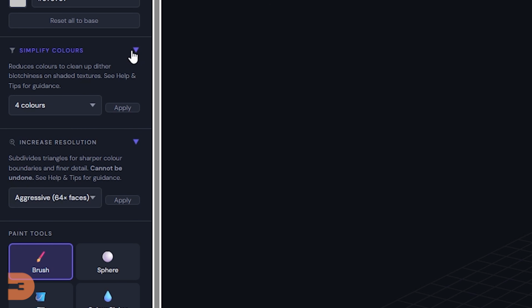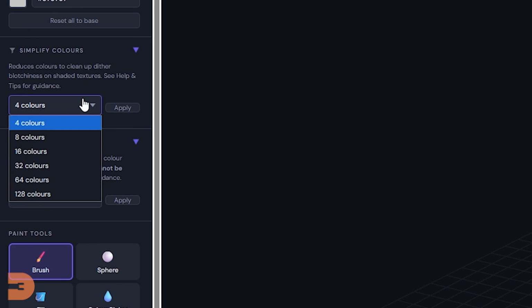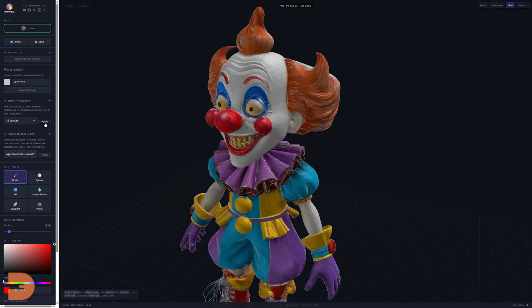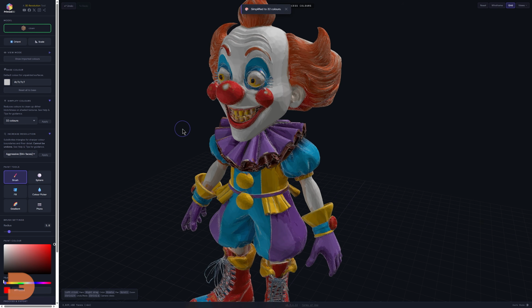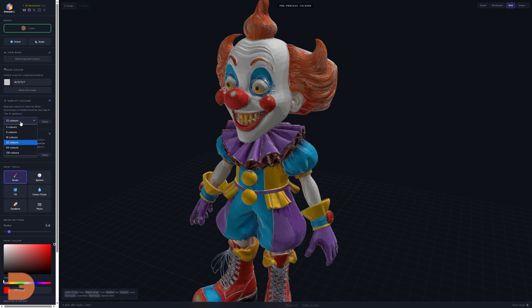If you find that there's too much variance in the colors for the size that you're printing, and it means that the dithered color lines look too messy whilst trying to represent each tiny area of different color, you can reduce the overall colors here. You can select how many colours you want the model to feature. If I set this to 32 colours, it doesn't look that different, so it may improve our resulting print without